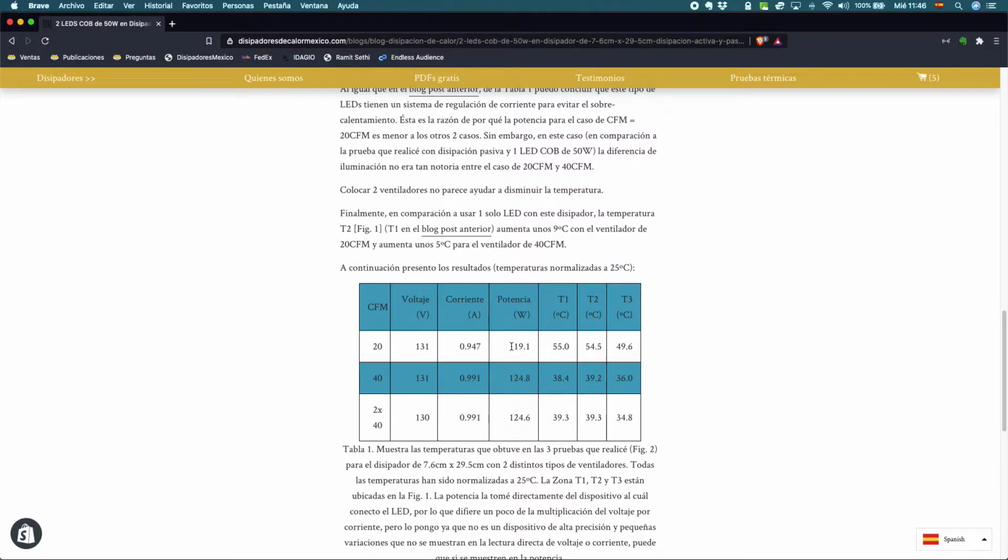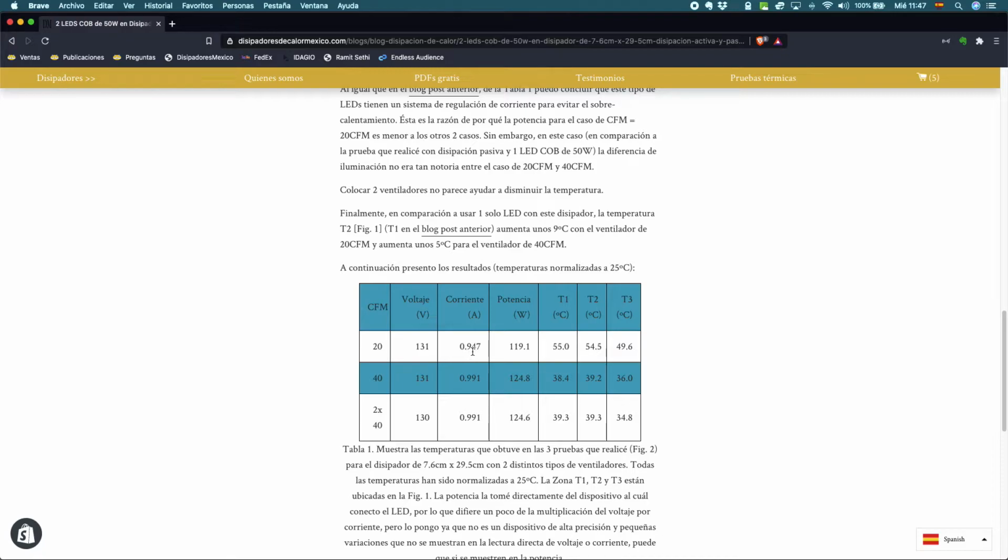In comparison with the case of only one LED, this time I cannot recommend using only a 20 CFM fan, as the actual power consumption of the LED is diminished. As I have said before, this is because the LED regulates the current demand when it senses an over-temperature condition. And in this case, it senses a very small temperature condition, but because these measurements were made at an ambient temperature of 19 degrees centigrade,